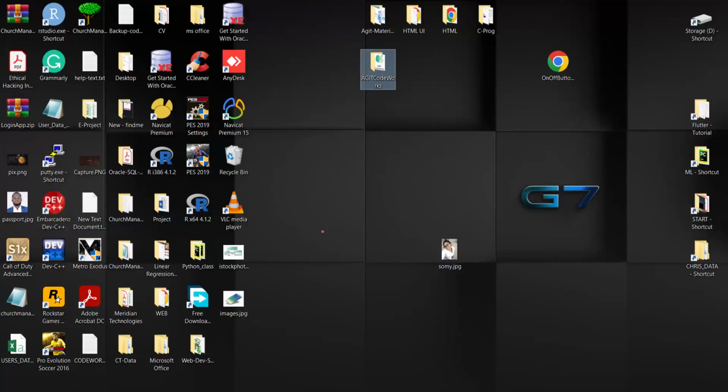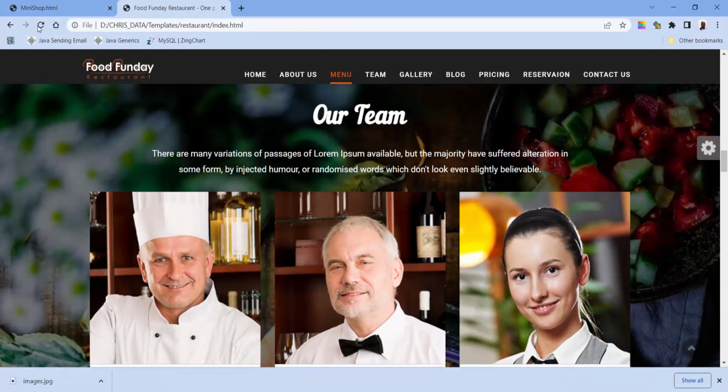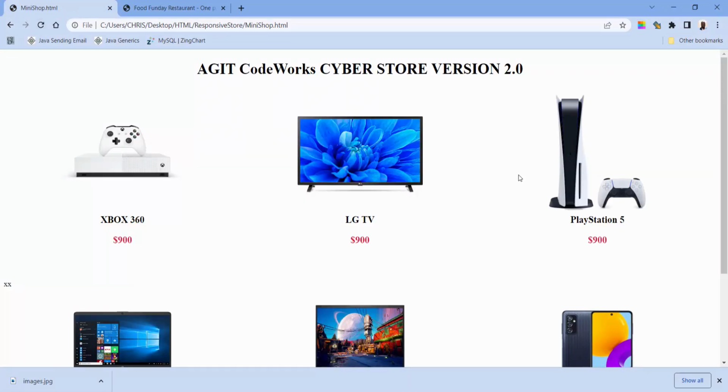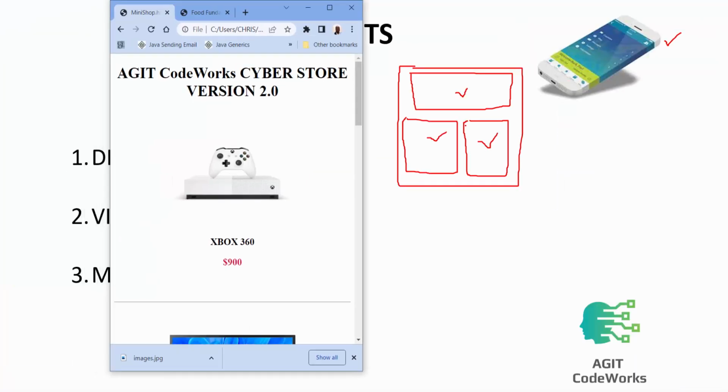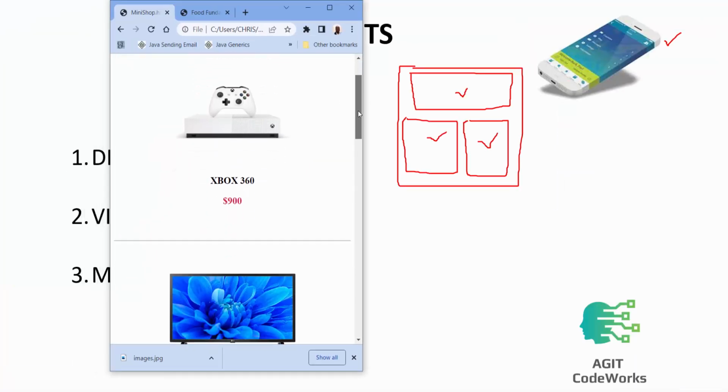What we are going to be doing today for our own practical will be building a simple mini online store. From the initial visuals here, this is just a basic online store, but what we are interested in is the responsiveness, how to make it adjust, just like the restaurant website I just showed you guys. So what we are basically going to achieve is this: when it's